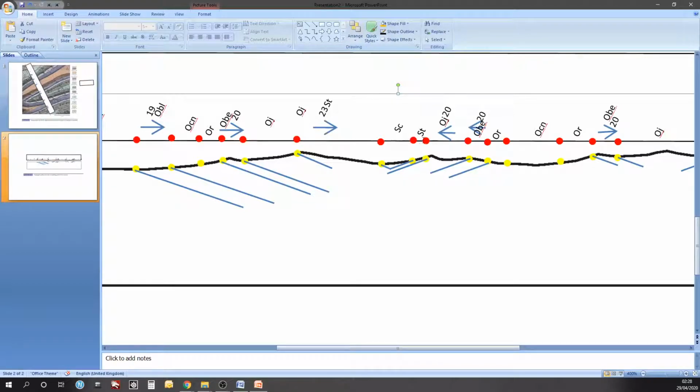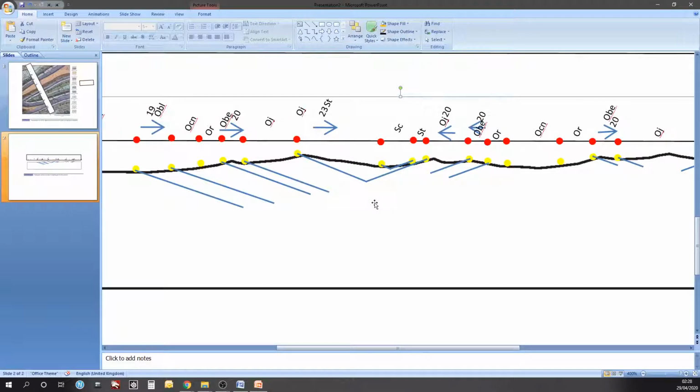So now we have to join ST to ST. So let's extend this. And this one goes to there, this one goes here. Remember, don't move the lines to fit, move them to the correct position. Okay, there. Okay, so then we have OJ, and here's OJ over here. So then we're going to extend this line, and then we're going to extend this line, and the two of them will meet here, like so,